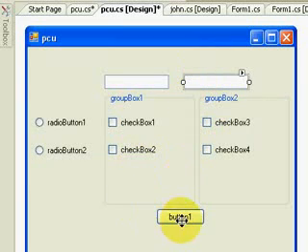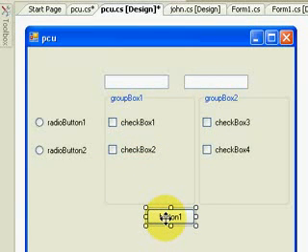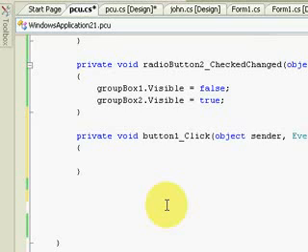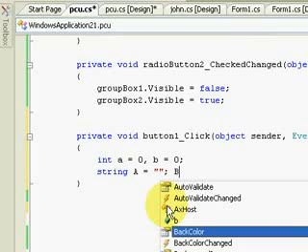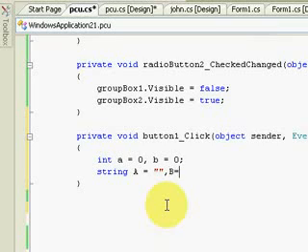Okay, now we're going to go to the button one. Then we're going to declare int a and b. A is equal to 0, then b is equal to 0. Also a string, big letter A, is equal to yan. Then the next, big letter B is equal to,